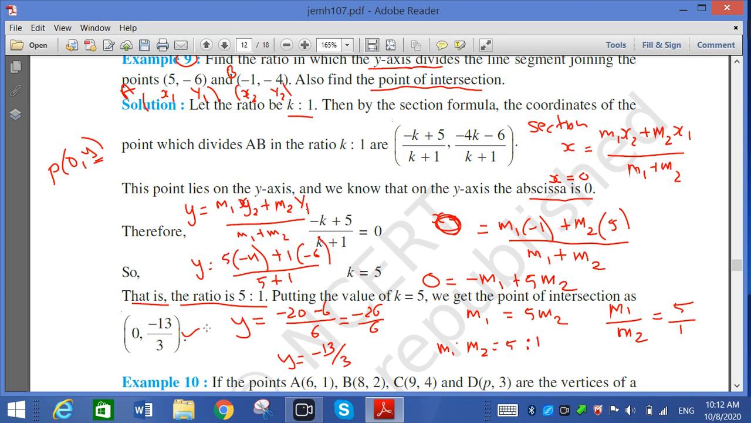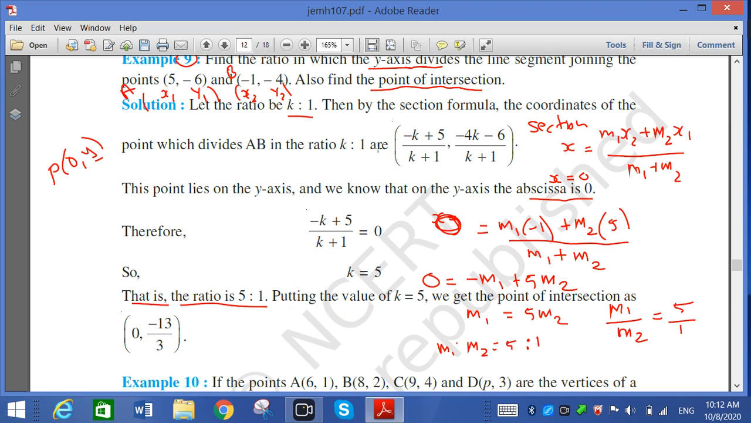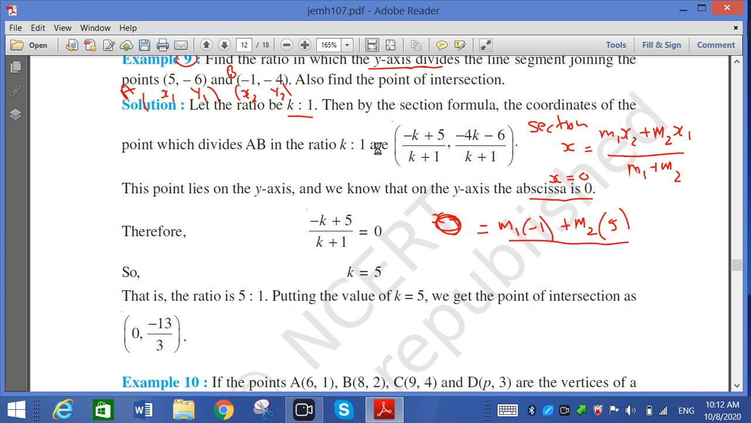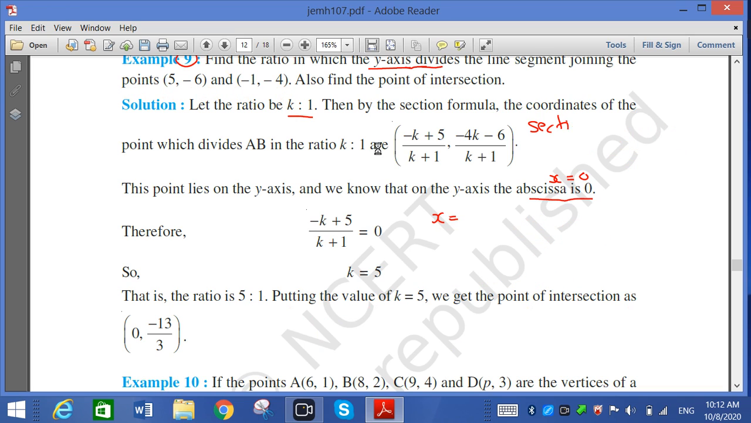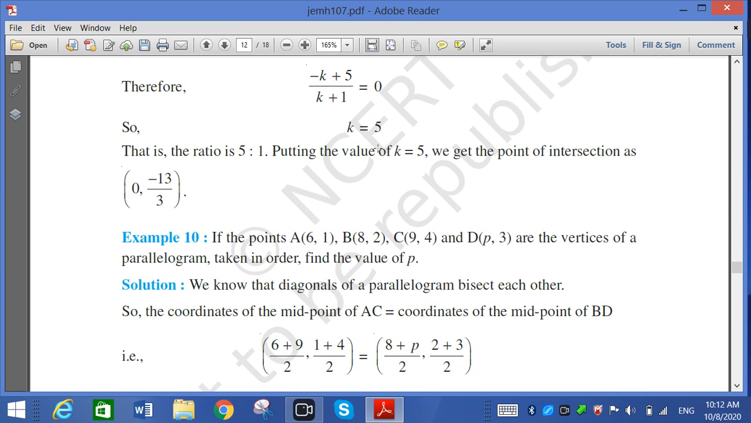Again the same sum is there, but in textbook exercise 7.2, instead of the y-axis, the x-axis is there. So when the x-axis is there, we have to take y equal to 0. That we will see in the next sum. So two sums we have completed, that is the example. Now example number 10, and then we go for the textbook